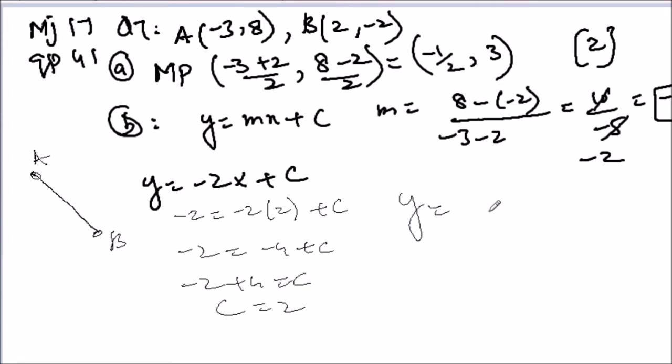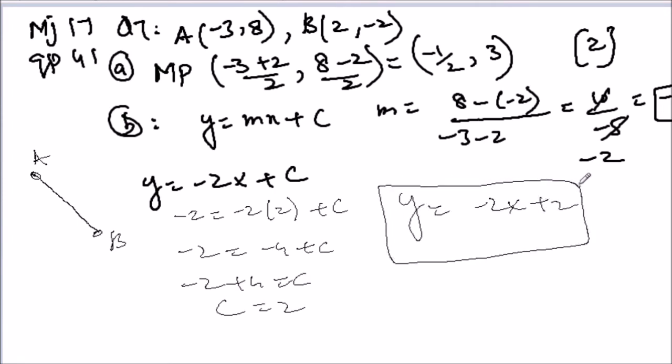So the equation is minus 2x plus 2. That's the equation of the straight line AB. Now, this was part B. Part C says,